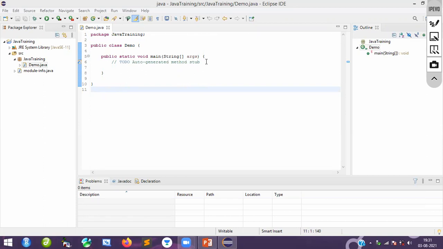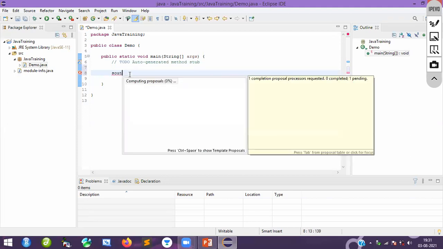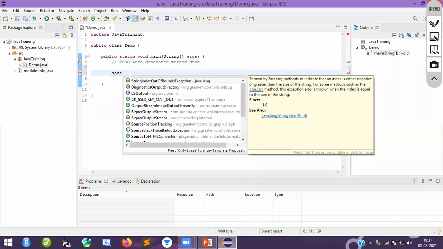Now here you write whatever you want. You need to understand very clearly: every class is going to have a method. So the class is there, inside the class you will have a main method, and in the main method you will find a body. Inside the body, you have to write the statements. That is System.out.println. The shortcut is sout, Ctrl+Space, Enter.